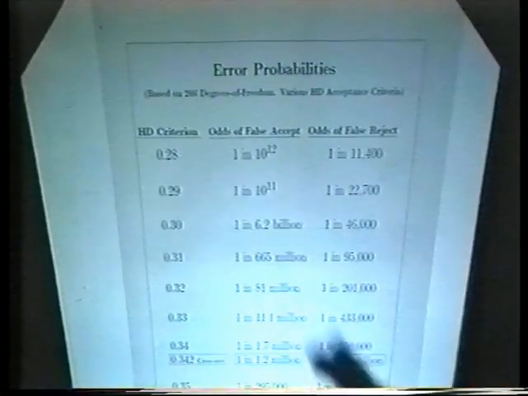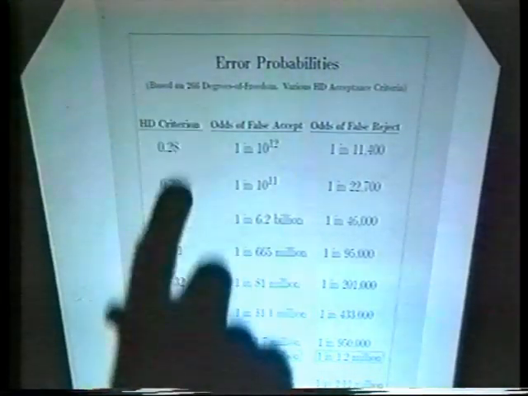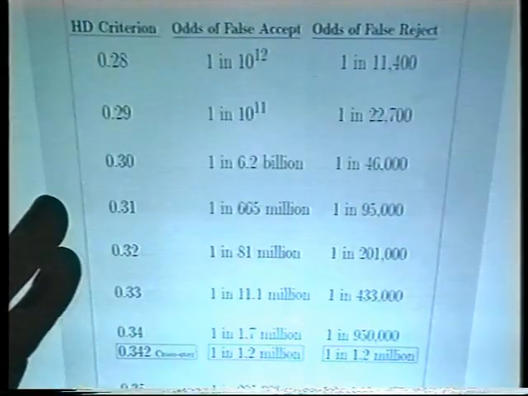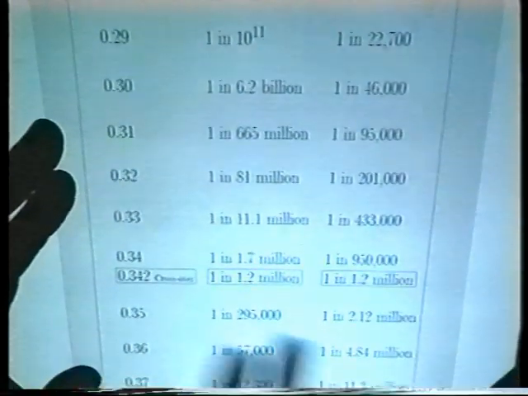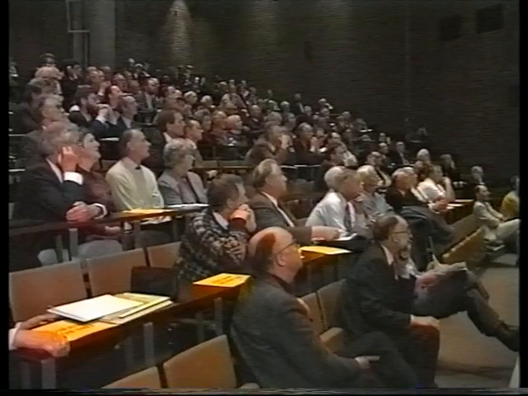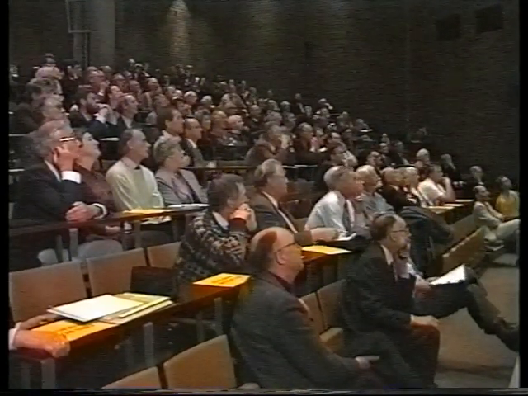You can, of course, be more conservative or more liberal in the decision criterion by moving to the right or to the left. That generates a table of error probabilities, more conservative for government and military applications, or more liberal for banking where you don't want to alienate the customer. And the integrals, the cumulatives under those two distributions as a function of the decision criterion, are shown in this table. And as I mentioned, the crossover error rate is there. I think my time is up, so let me conclude with a list of possible applications of iris recognition and a list of the current licensees of these algorithms.